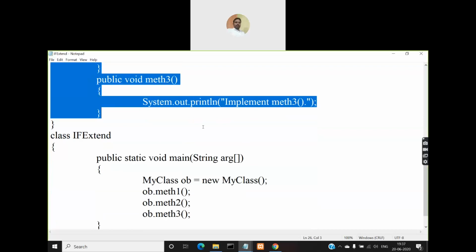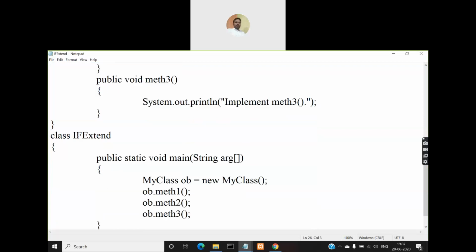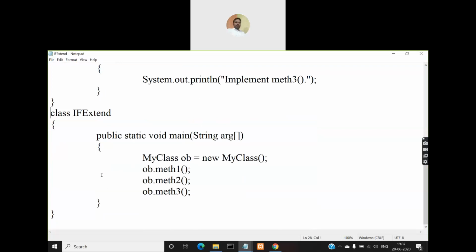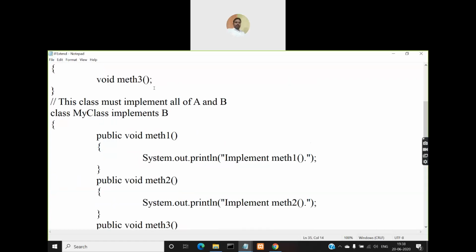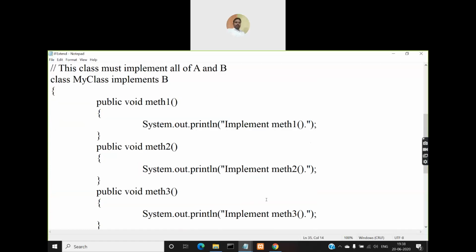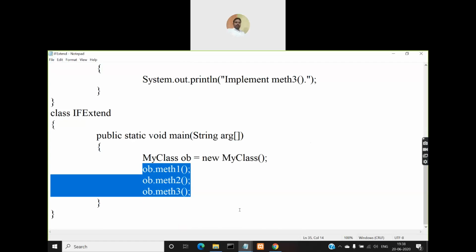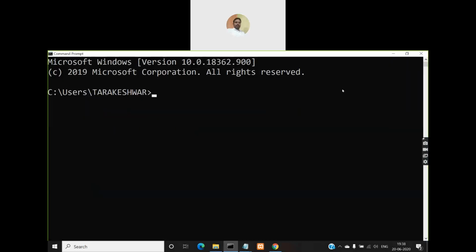After doing that, I am defining one more class called IFExtend. In this I am creating the main method and I am creating an object for MyClass, ob, right? Ob is an object for MyClass, and then using that object I am calling all the three methods. So now this will invoke all the three methods and the output for this program will be implement met1, implement met2, implement met3, right? So let us compile this program and see the output.